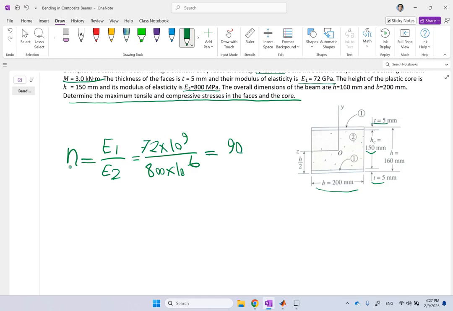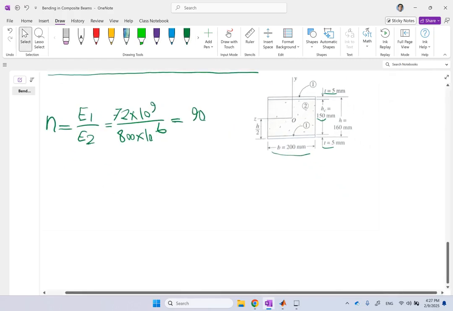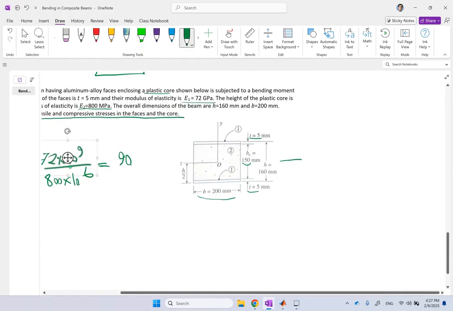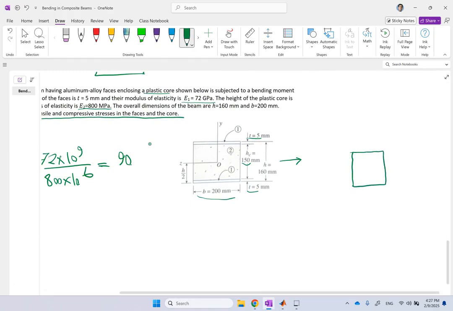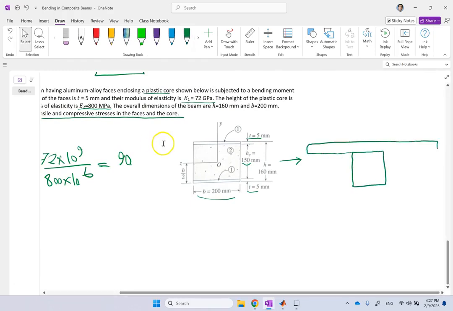Right? Because this is like 0.8 gig, this is 72. So the ratio is 90. That's a huge ratio. And if that's the case, then this cross section you can transform into something like this. This middle section stays like this, but this top section and the bottom section are going to be 90